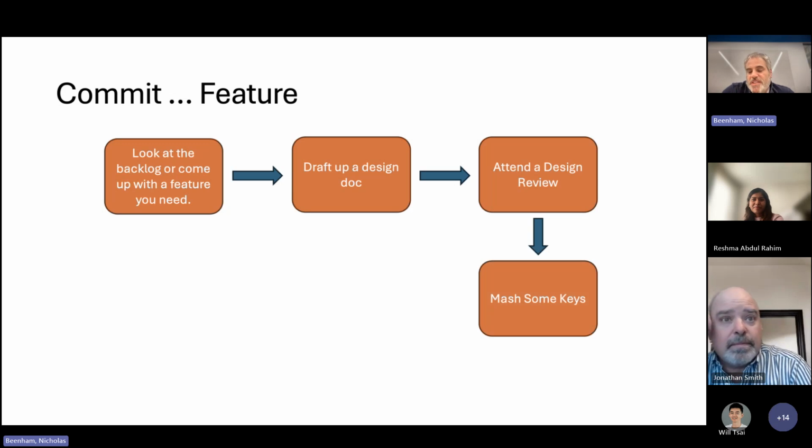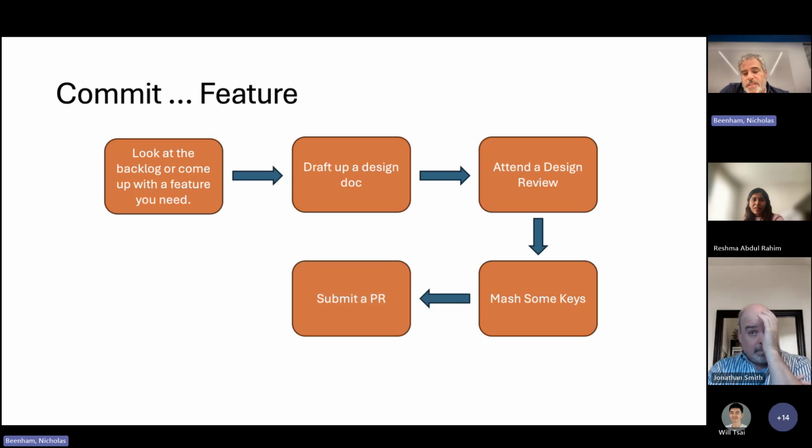Oh, look, we're back to mashing some keys now. This is always my favorite part, and in my role, I don't get to do enough of it. So when Radius came along, I thought, well, this is a fabulous chance to just write more code and draw fewer pictures. So again, I worked with Ryan, got some feedback on how to implement it, and then built it up into a PR, which then we went back through the process.